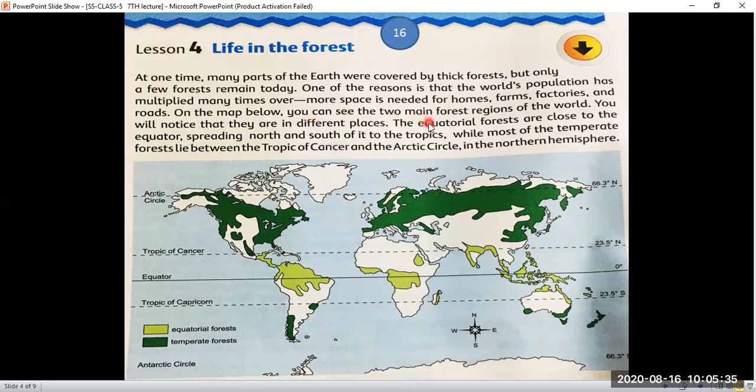You can see the 2 main forest regions of the world. You will notice that they are in different places. The equatorial forests are close to the equator. Look here. This is the equator line, and these forests are close to the equator line, spreading north and south. A few parts of these forests are in the north and a few are in the south, spreading north and south of it,